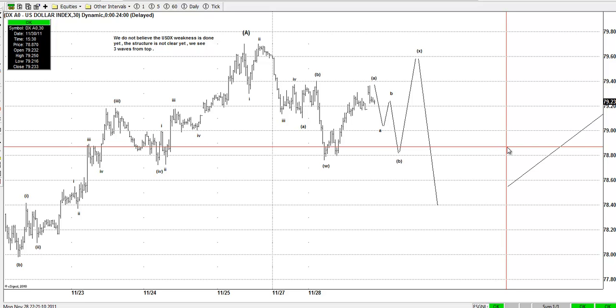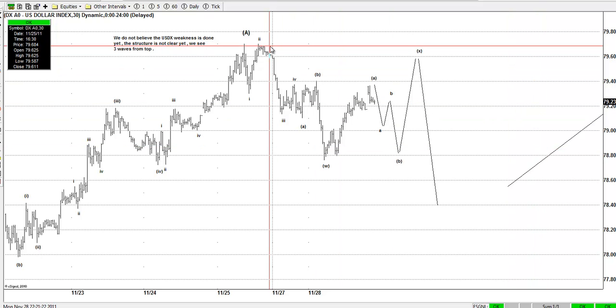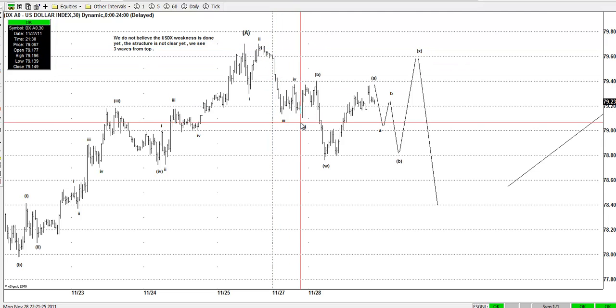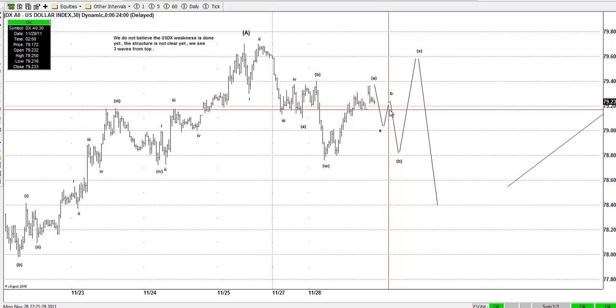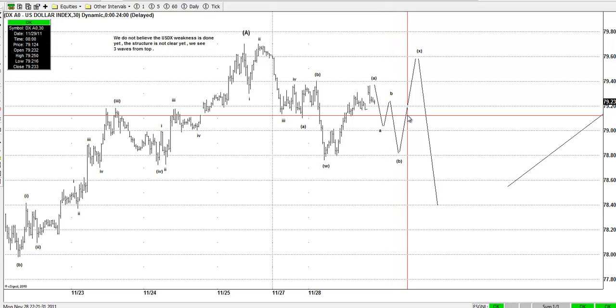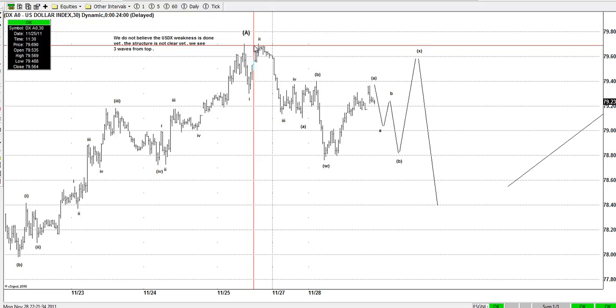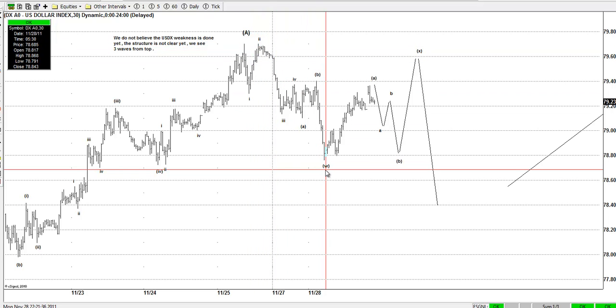If you take a look at the Norwegian krone, and then you take a look at the euro as a pair, why is there a debate? It's a debate because the Norwegian krone is showing a structure very similar to this one right here, and we're labeling it as a flat. Now, if it's as it is right here, W,